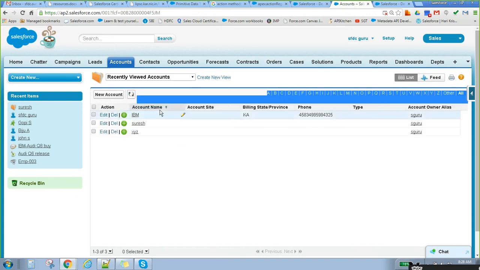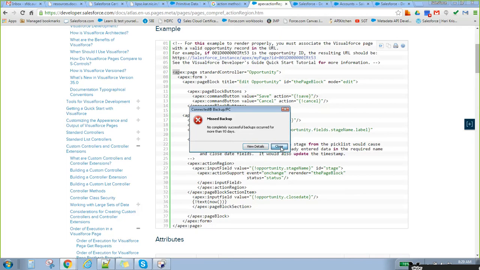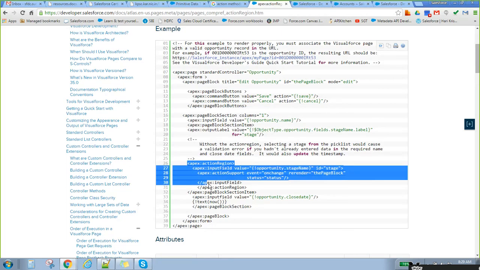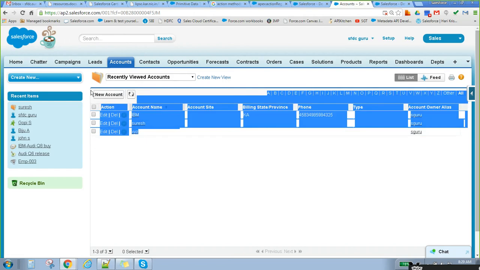Whenever you want to do something for a specific region, we have to go for an action region. So this will also give you a way around the limit of view state. One thing is that we can increase the performance, because we are not loading the entire page. Second, the performance calculation done by the server is less because it only takes care of this much portion, not the entire page.